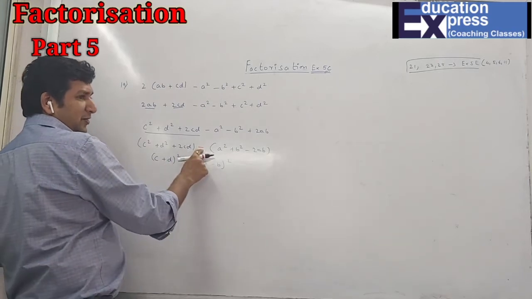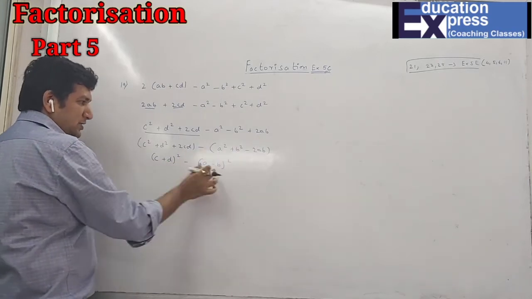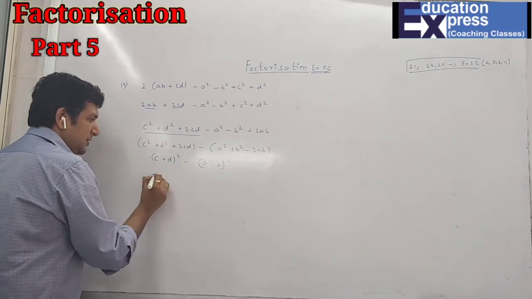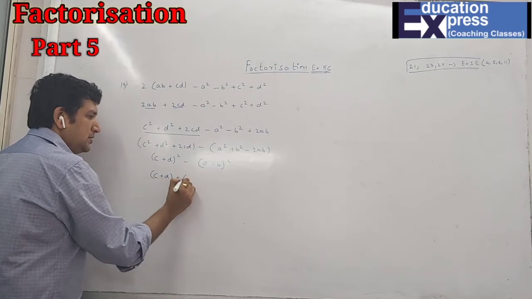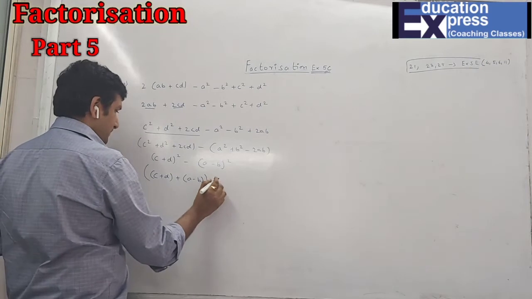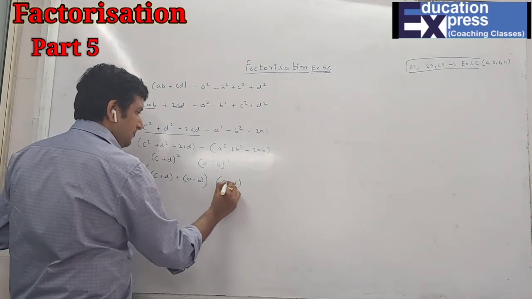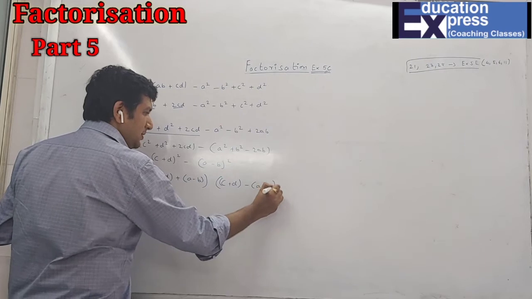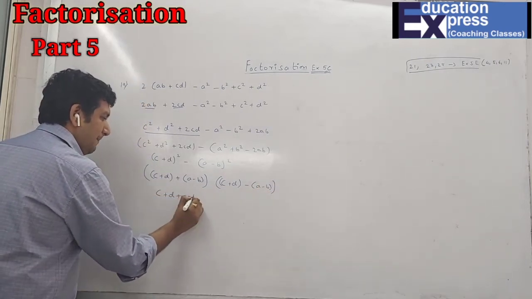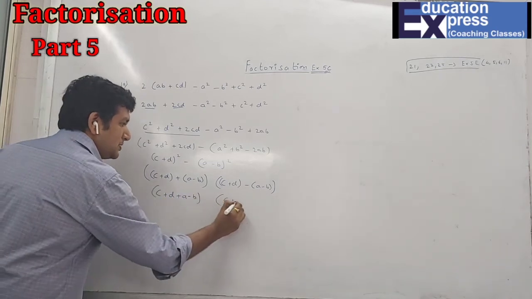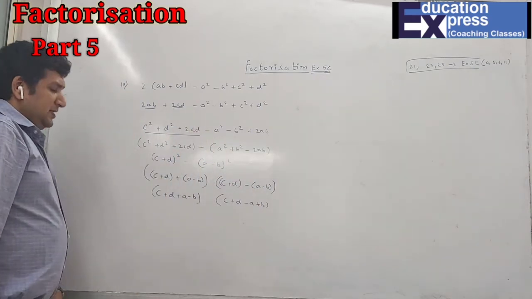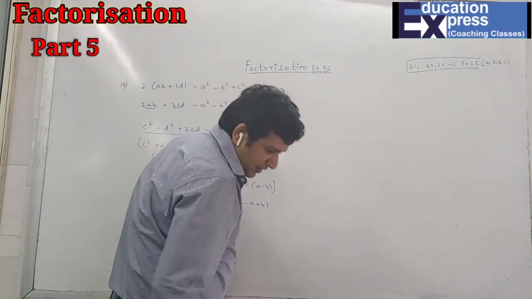Because obviously after taking negative as common, inside the sign I will change. So I got this now: a square, anything inside the bracket is a, here is b. So a square minus b square is a plus, obviously after the sign this binomial we have to put the brackets, and here c plus d minus a minus b. So c plus d plus a plus, a minus b, c plus d minus a plus b. 19th sum. Next is 20th.